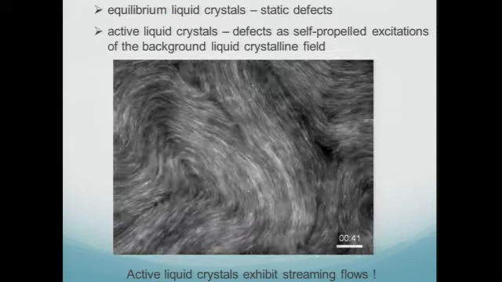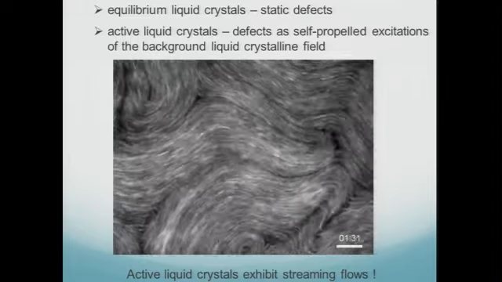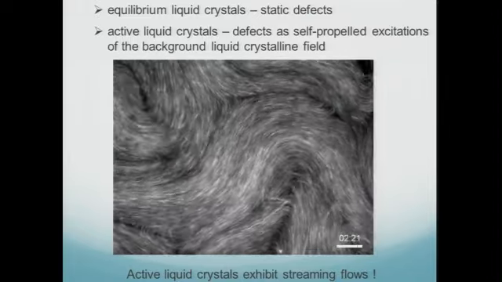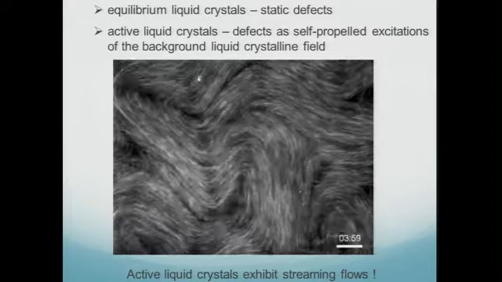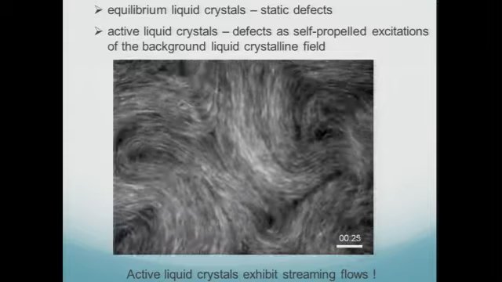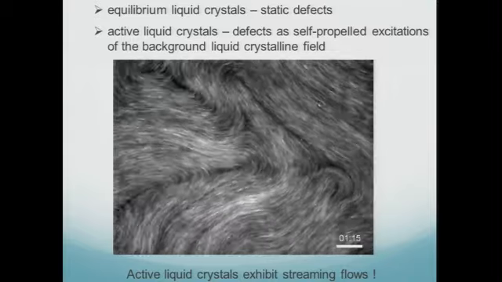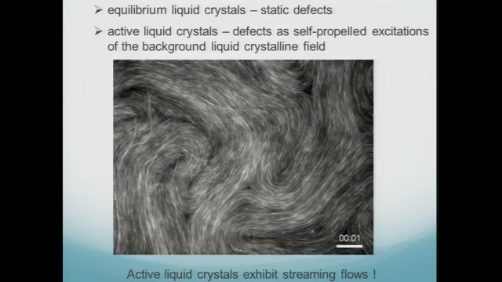And so you get this kind of behavior of the system, and in a certain way, this behavior is very similar to the dilute system I've talked about, right? What's happening here is you get this dynamics where you get these +1/2 and -1/2 defects throughout the system, and what's known, and what Sriram showed before, is that the defects in active liquid crystals are